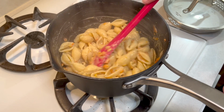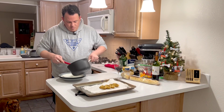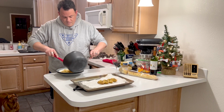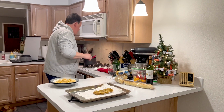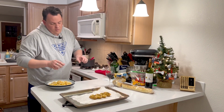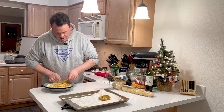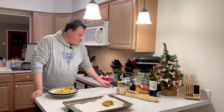So we'll get this plated up. Show you how we did. Alright, we're all set to give this a try. Let's get it in the bowl. Oh, it smells really good. That should probably do it for 2.5 people right there. We'll take 2 of our little garlic crostinis, place them back here. You know we got our dessert back there, so just like that,